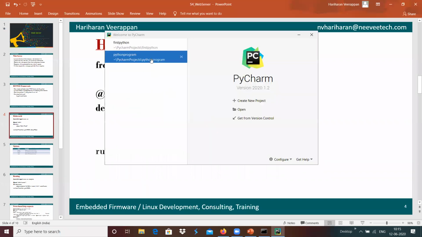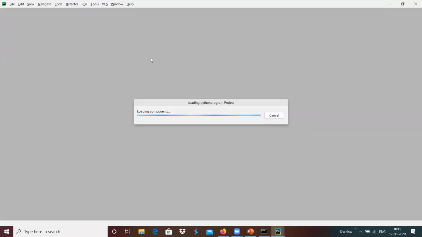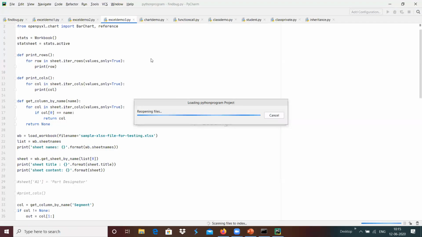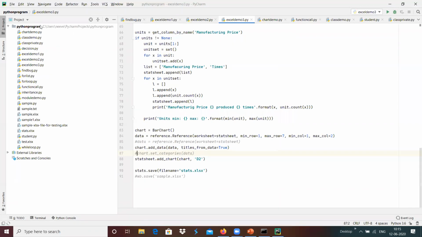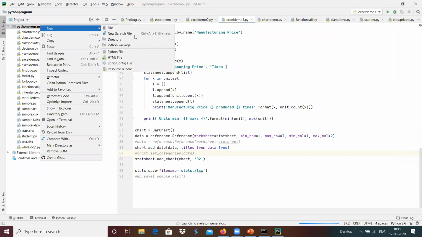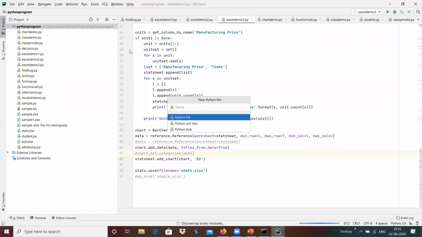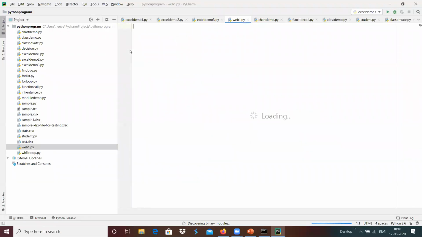Opening our Python projects. Now I'm going to create a new Python file, web1.py. We just created a file web.py.